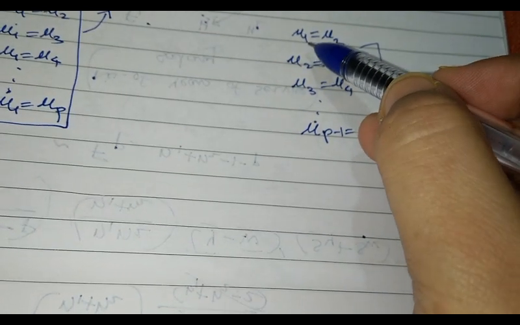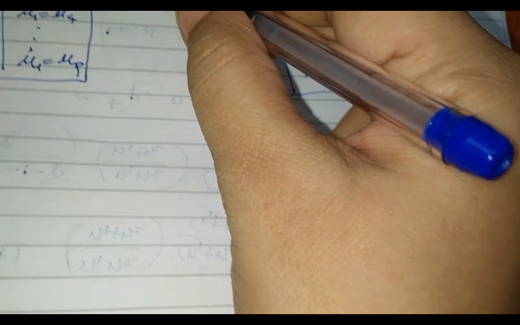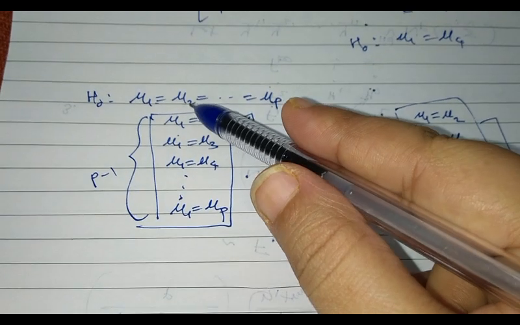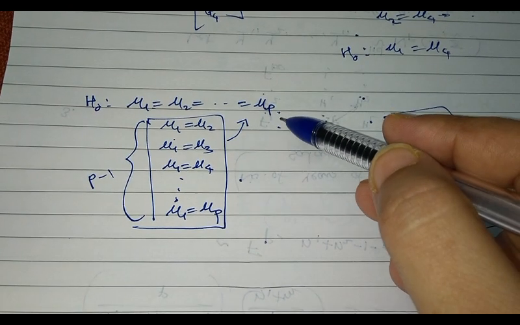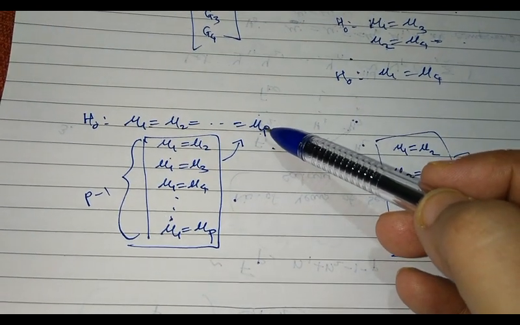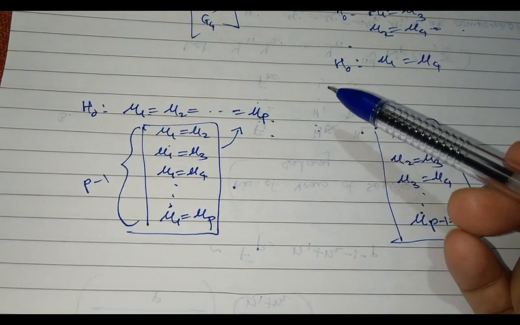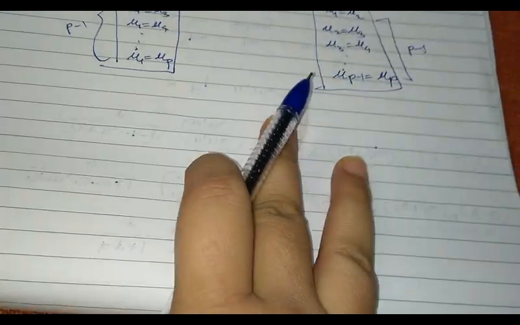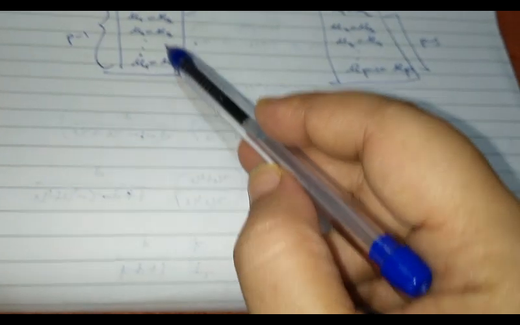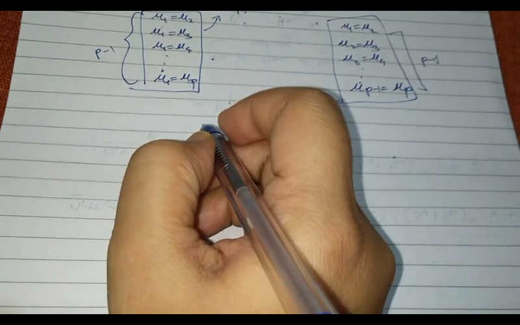Again, the number of conditions here is still p minus 1. Okay, 1, 2, 3 up to p minus 1. So both these sets of conditions are actually equivalent to this original hypothesis that all mu i's are equal. Remember, here mu i's are components, so each of them is a scalar. We are trying to test whether every component has the same mean. Now how do I bring in u here? So this representation or this representation is going to be of help to us.